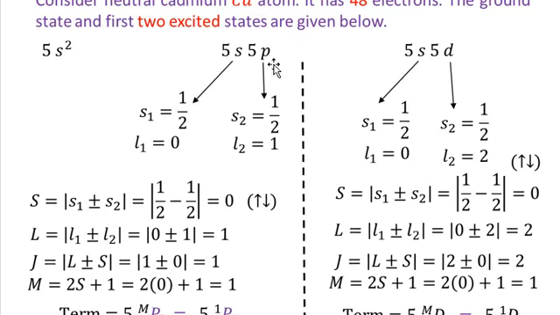So let's consider 5s5p, the first case, where the s electron has a spin quantum number s1 equal to half. The p electron has also a spin quantum number equal to half, because the spin quantum number is the same for the case of a single electron, whether it is an s electron or a p electron. But the orbital quantum number for the s electron is 0, and the orbital quantum number for the p electron is 1. So total S, the sum of quantum numbers for the spin, will be equal to mod of s1 plus minus s2. And here I am only going to take the negative sign: half minus half is equal to 0,